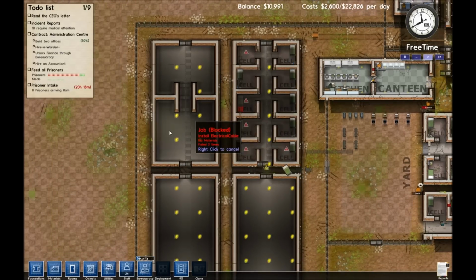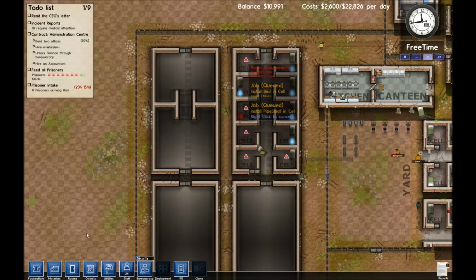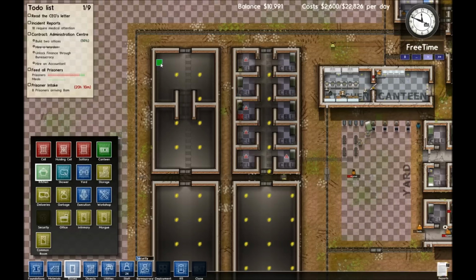So this is going to be our new kitchen. These are going to be cell blocks here, and our bank account balance is a tad low, but I am going to start designating these rooms. So let's go here, and we're going to take it, and we're going to call this, actually what I may do,